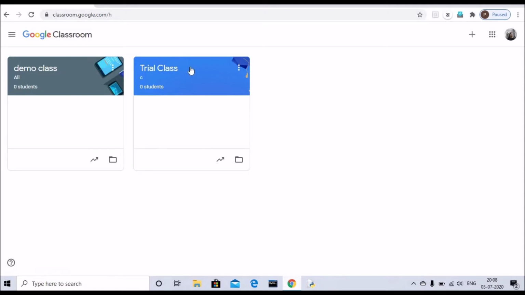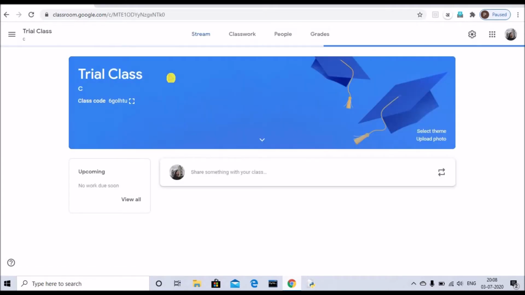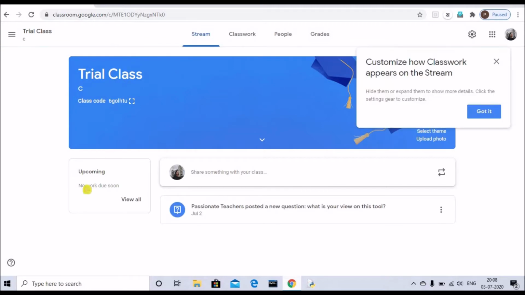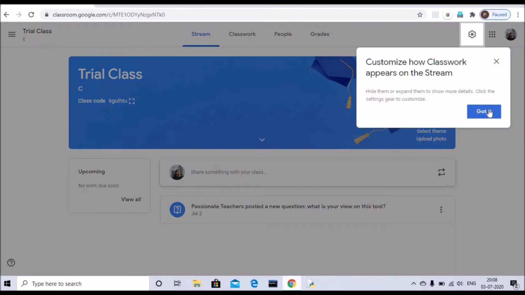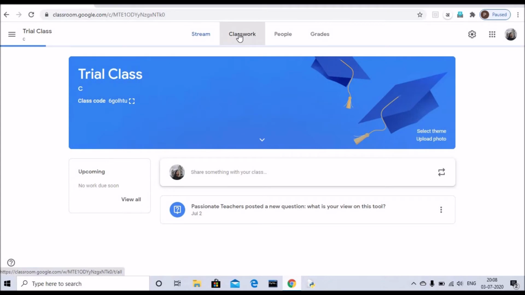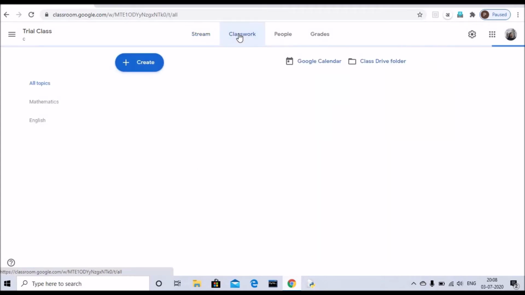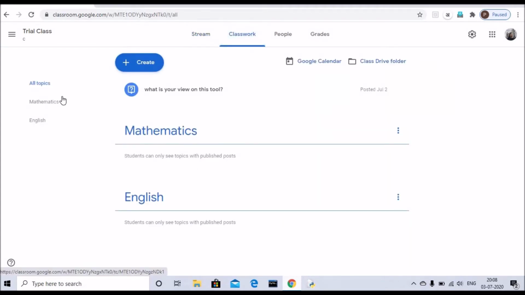Now this classroom we made in the previous tutorial. So what I am doing is I am just going to the trial class 1, and I just need to go to classwork, and I am saying create.